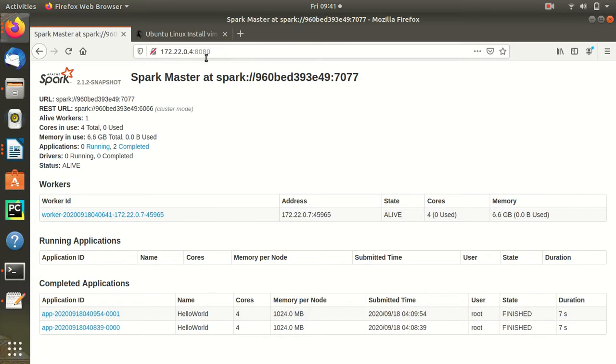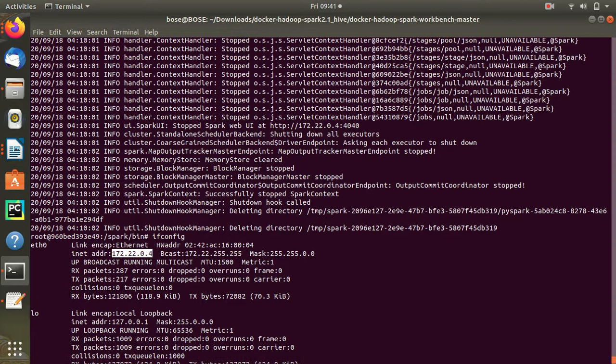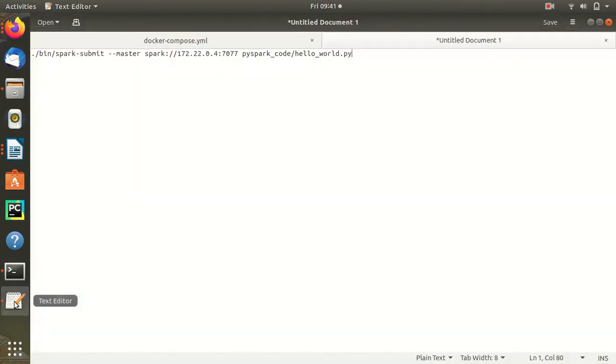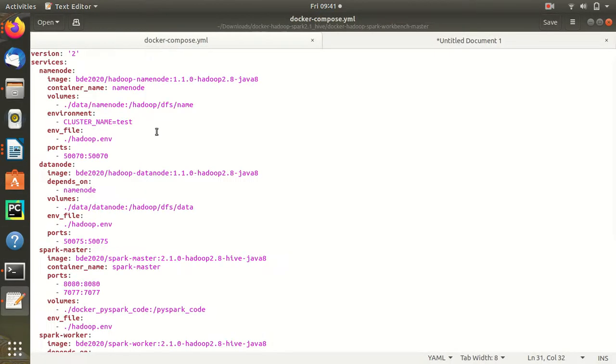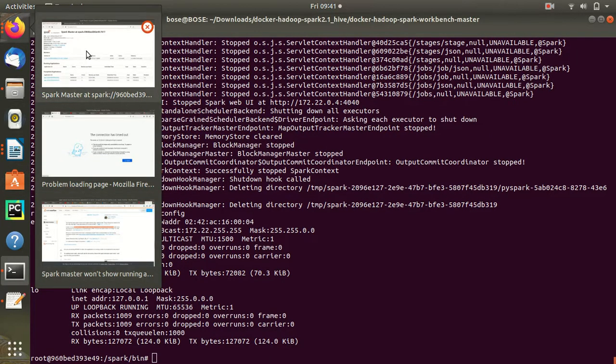Now you might have a question, what is this 8080? There I can see 7070, like 7077, right? So how come it became 8080? What we have done is, from the container, we have done a port forwarding, and that is also mentioned in the YML file. Here if you can see, these are all port forwardings. If you go to the Spark master, this is the port forwarding which we have done. So we will go and check what we have got.